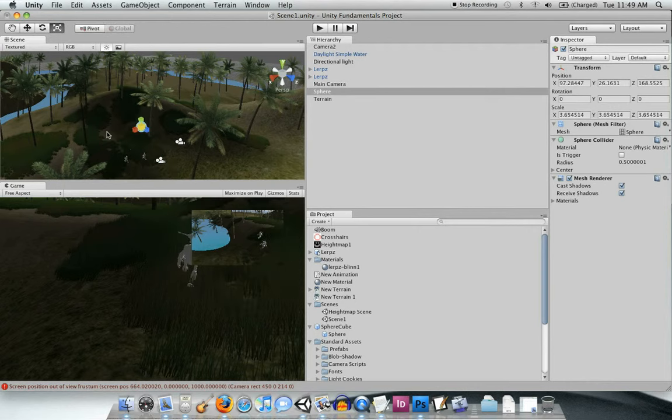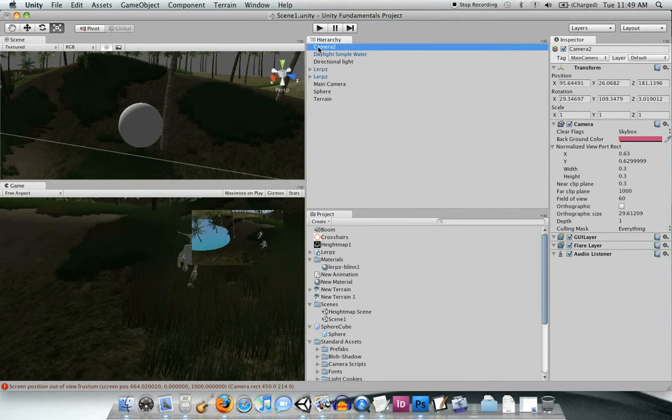Press F to zoom in. Okay, so this is a sphere. Great. I'll tell this little picture-in-picture camera to